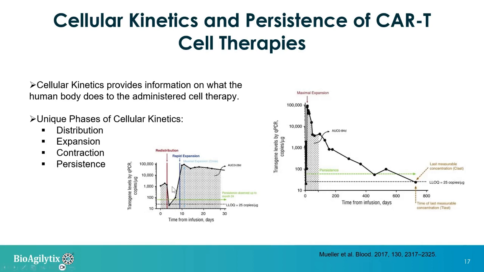And the PK profile was plotted here with data from a qPCR assay that was measuring the transgene levels of the cell therapy as it goes through the unique phases of distribution, expansion, contraction, and persistence after that product was infused in the patient. And so to be able to collect this data, there are two different ways that you can